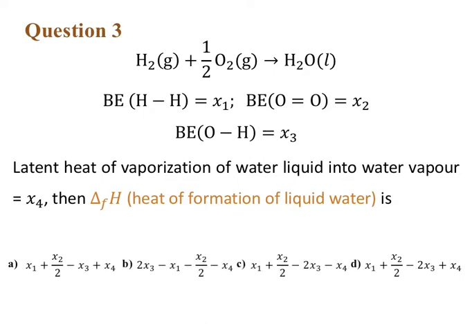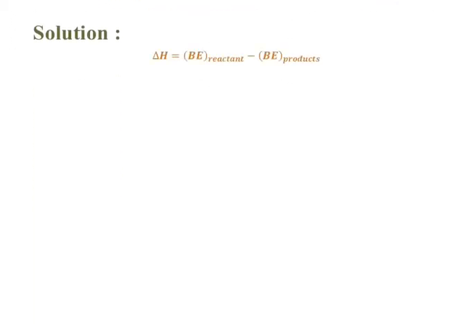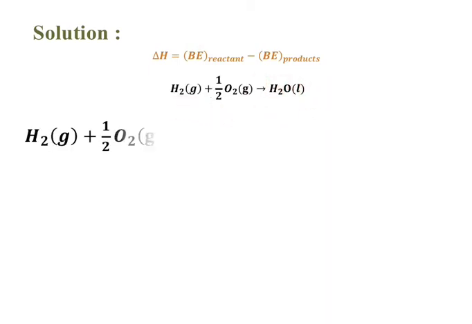So this is the formula for bond energy. We know that except for bond energy, all are product minus reactant. For bond energy, we should remember that del H, the total enthalpy of reaction, is bond energy of reactant minus bond energy of product. So are we clear that except bond energy, all are product minus reactant? Here only bond energy has reactant minus product. You should remember that. So this is the equation in the question. We elaborate and write it as H2 gas plus half O2 gas, the same as before, and H2O gaseous gives H2O liquid state. What happens here is latent heat is involved, that is change of state. That's why we elaborated it for understanding purposes.